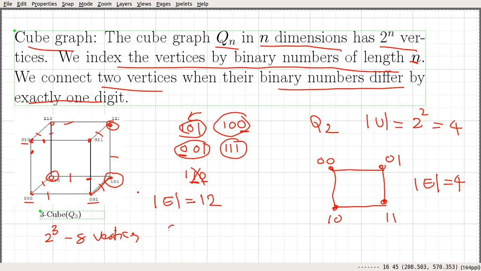So in general, if you consider a cube of dimension n, or n-cube, the cardinality of E will be like,